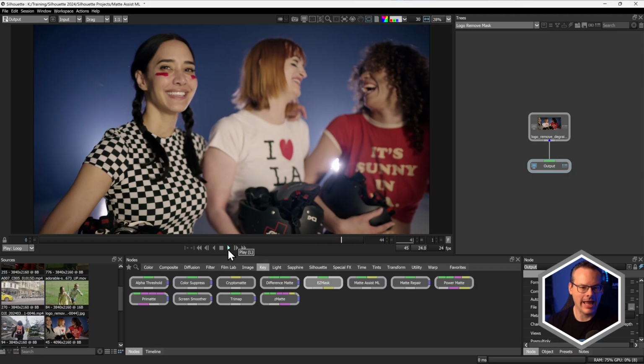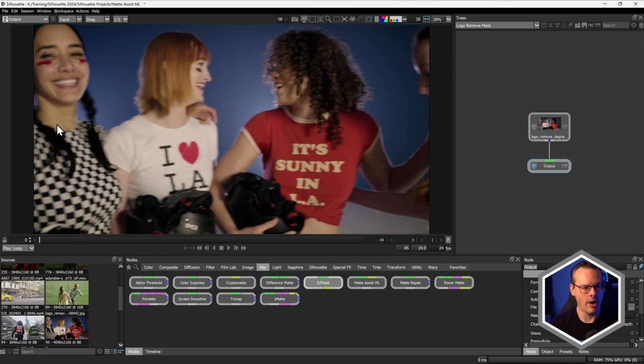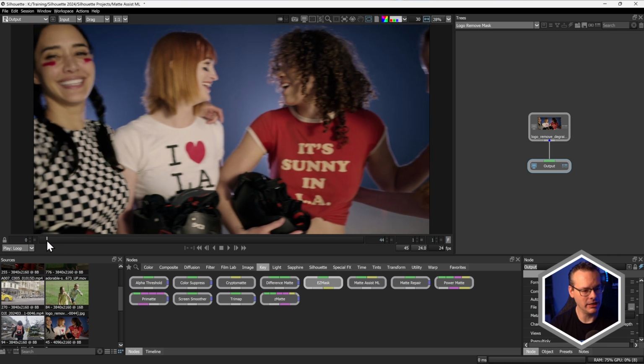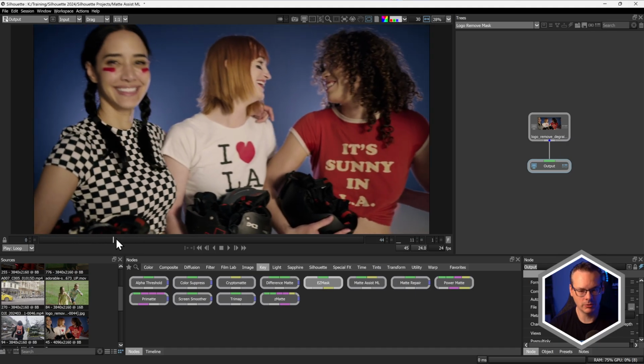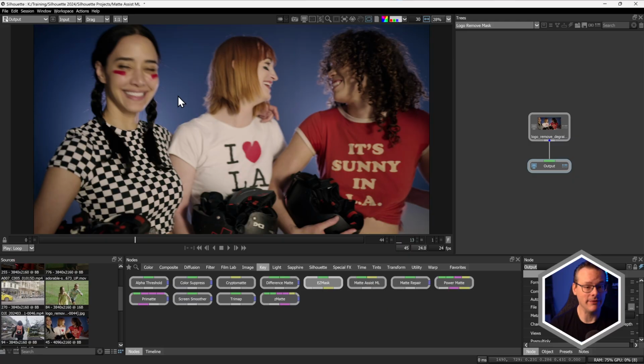Okay, let's take a look at another shot now. And we see here, if I go back to frame number 1, we're looking to cut out the woman on the left here, and her arm isn't actually visible until probably about 13 frames in. So we don't always have to use the first frame to create our initial matte. And we don't even have to use the entire shot either.